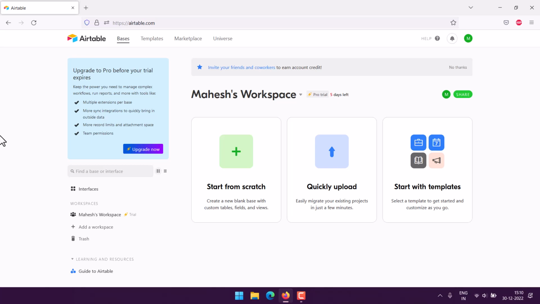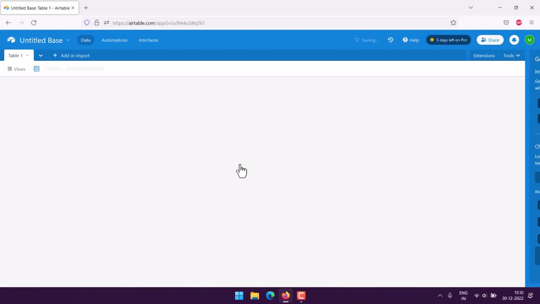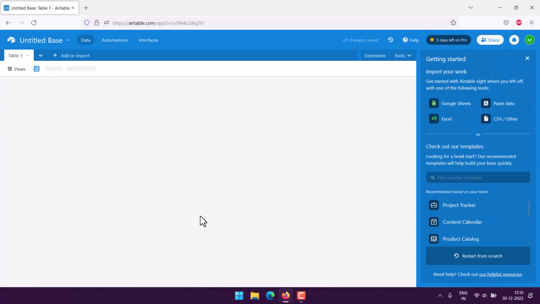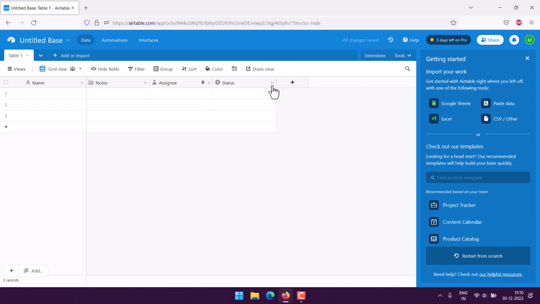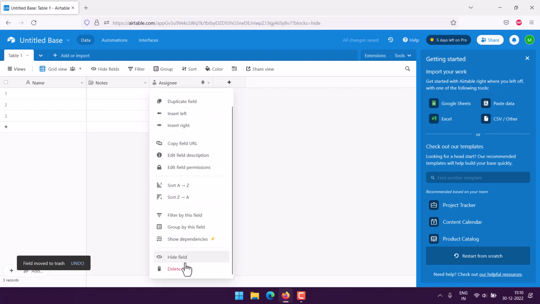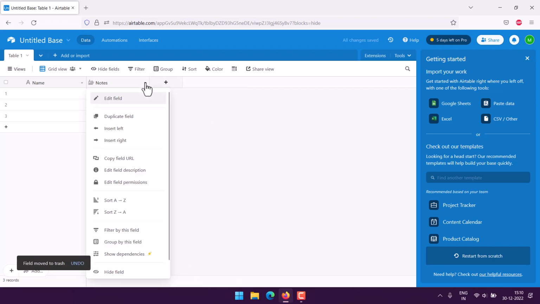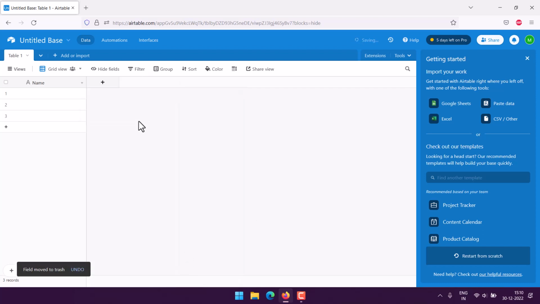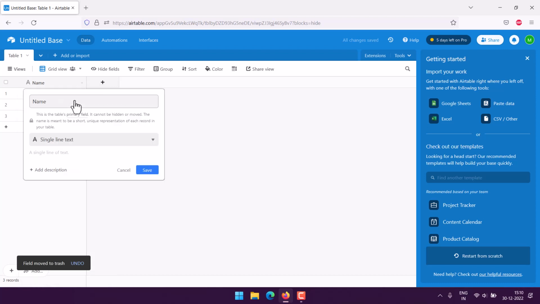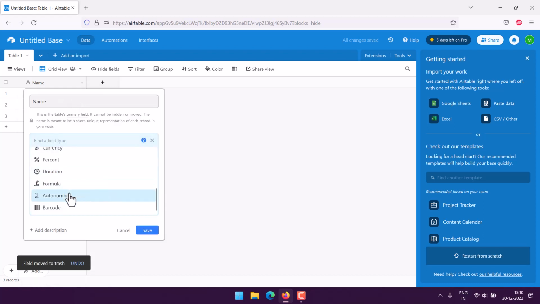Okay, so let's take a look at how you can create a weekly meal planner in Airtable. We'll start from scratch and it should create a default base for you. You can get rid of some of the fields. Once we get rid of that, we can move on to our primary field,